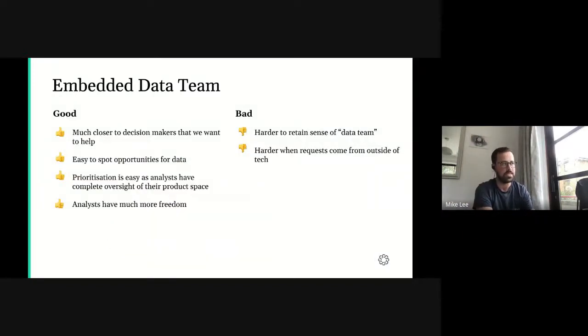Good thing about embedded data team, we're much closer to decision makers that we want to help. Coming back to our mission, we are front and center with the people that we're trying to help with the data that they need. It became a lot easier to spot opportunities. The analysts are literally part of those teams, so they can see, oh, you've made an assumption here that I don't know is necessarily validated, and they can go away and help